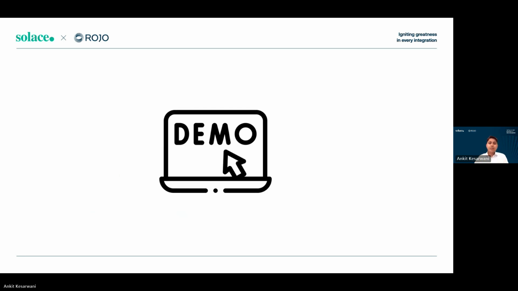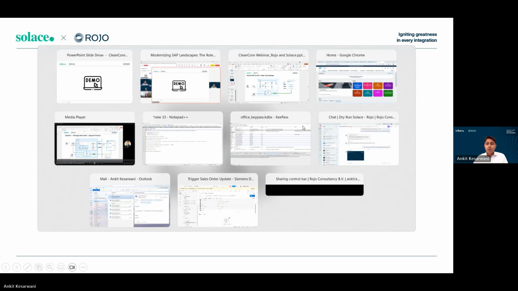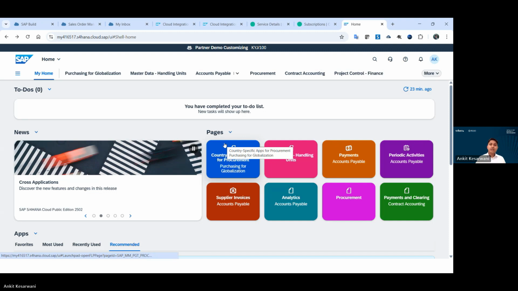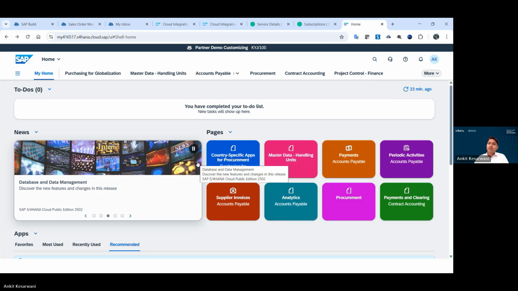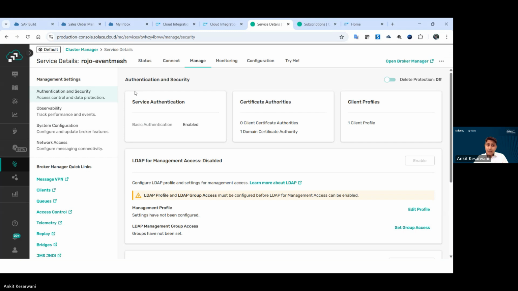Now let's jump to the demo part. If I switch to my screen, let's familiarize ourselves with the screens we are going to use, because there are a lot of moving parts, as you saw on the screen. The first is the S/4HANA Cloud system. Here we will be creating a sales order, and we have an app available for it, which we'll be using. Then we will also see this event getting triggered to our event broker, in this case Advanced Event Mesh,